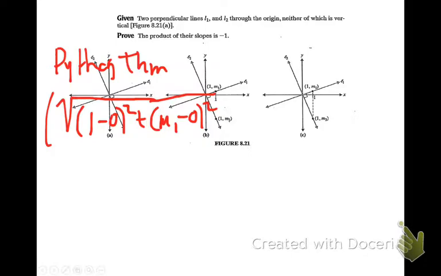That's this distance, and then the second distance is going to be